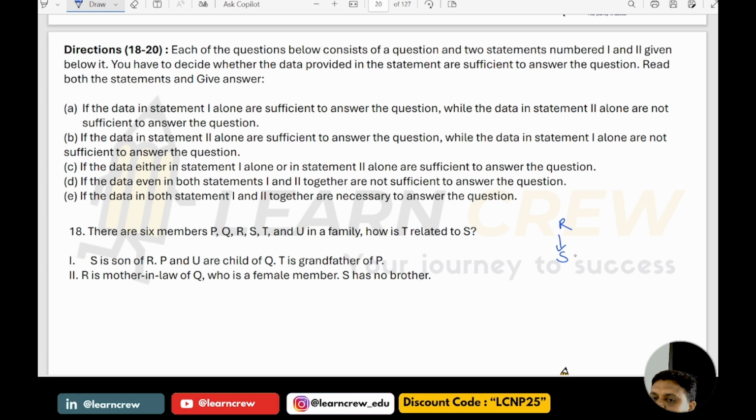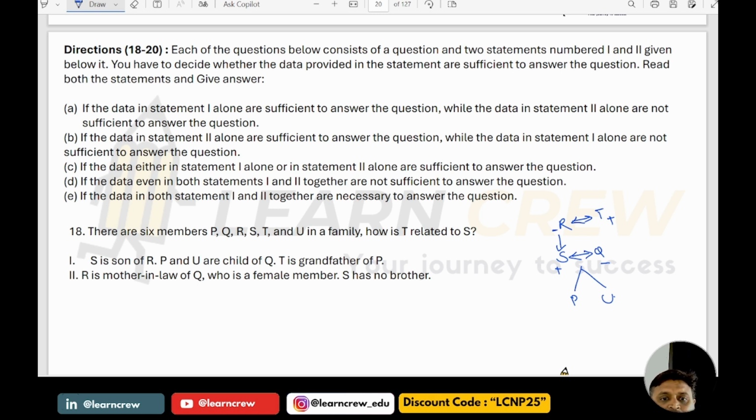R is the mother-in-law of Q means S and Q are a married couple, so Q is a female member. S has no brother. Their 2 children are P and U. P and U are children of the married couple S and Q. And T is the grandfather of P. So by taking both 1 and 2 together,